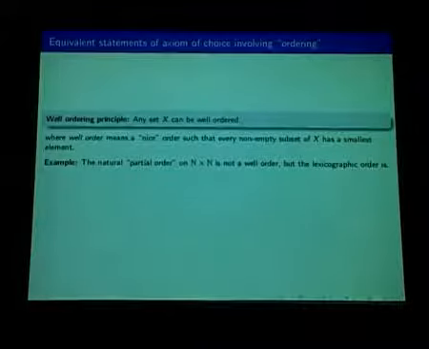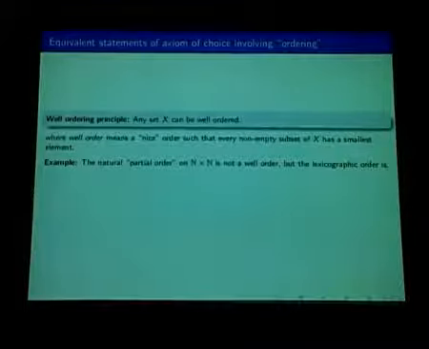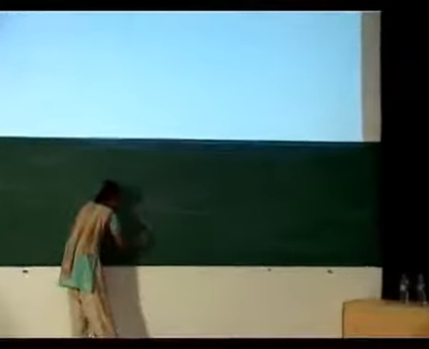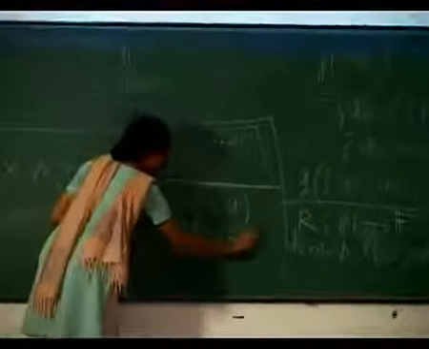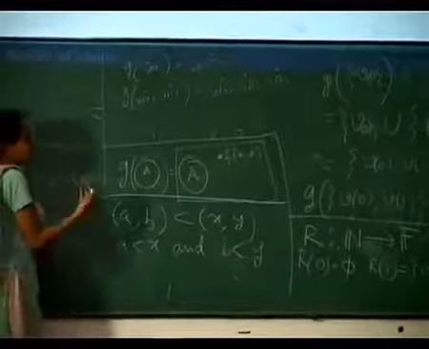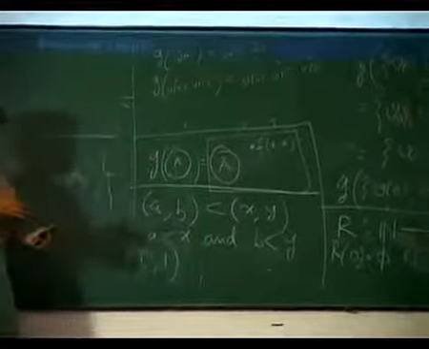For example, if I take this N cross N, and I put the natural partial order on it, what I mean by natural partial order is that (a, b) will be less than (x, y) if and only if a is less than x and b is less than y. You can just try by yourself that (1, 1) is the smallest element of the whole set N cross N with this ordering,